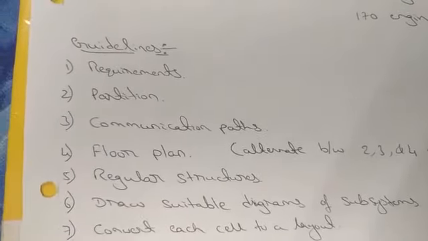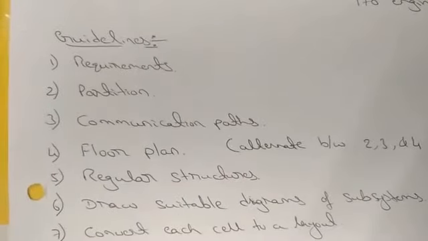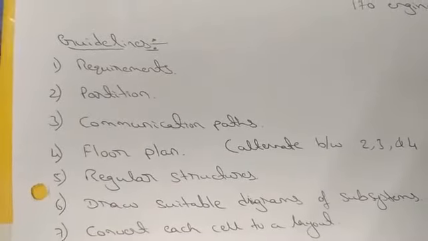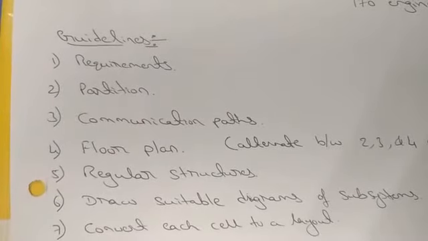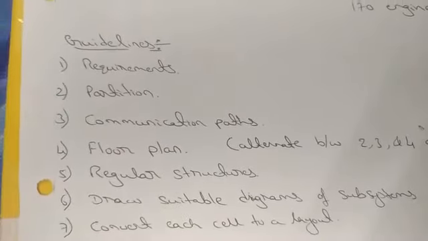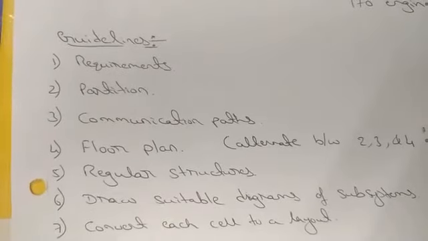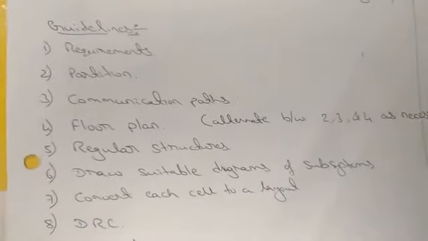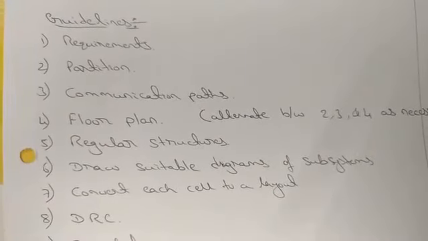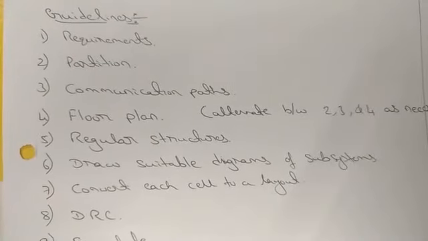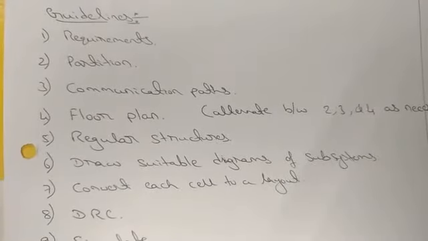Next, regular structure, that is your fifth point, so that it should be largely a matter of replication. Whatever is designed should be designed of a standard set, so that if you want to replicate or duplicate it, we can go for it. We'll take a general example and check it. Next, we should draw suitable diagrams of the system, that is your stick diagrams as well as your symbolic diagram. It should be of the same regular form.